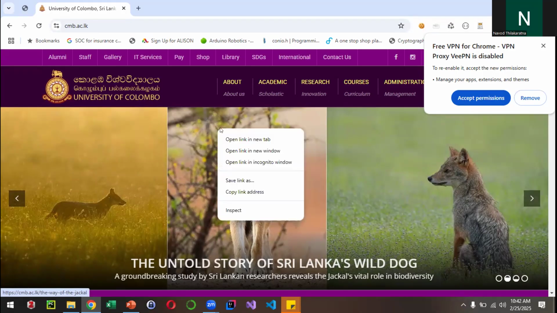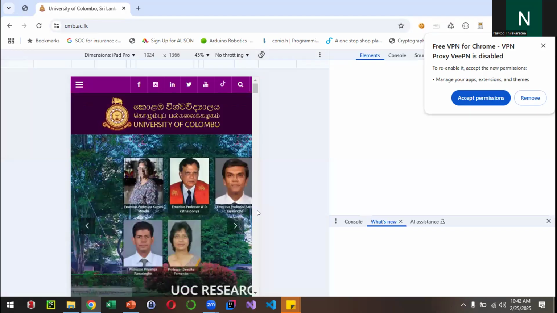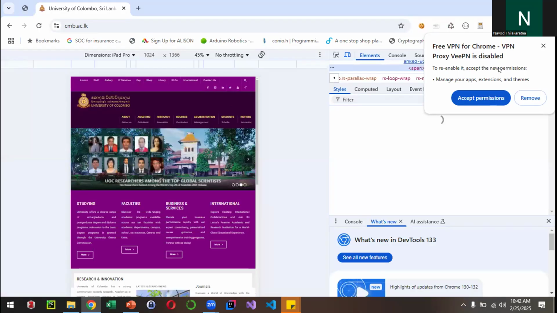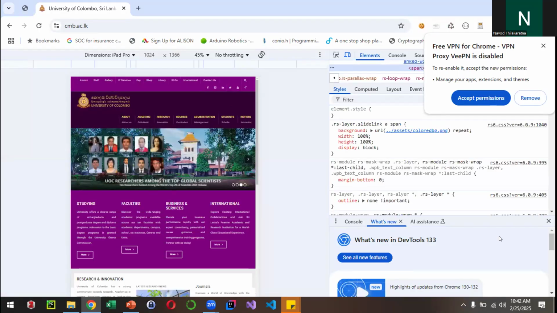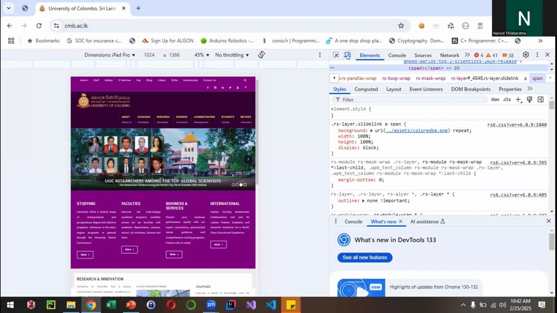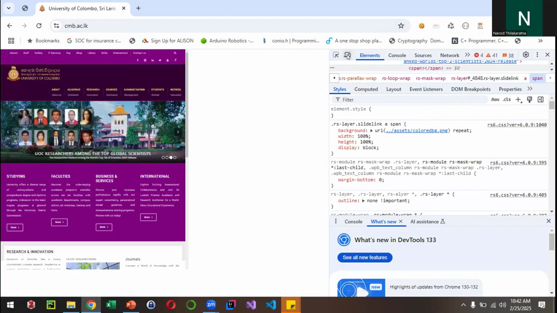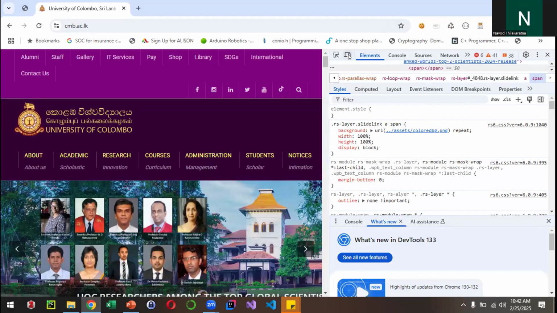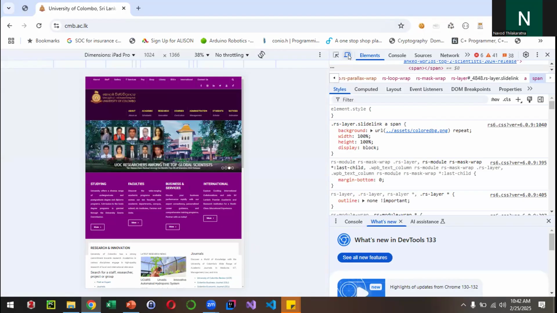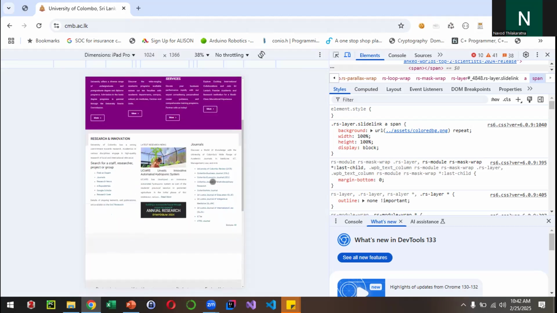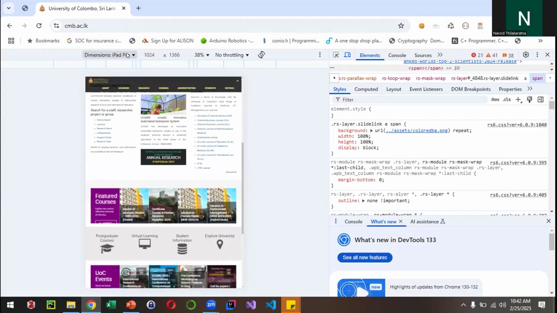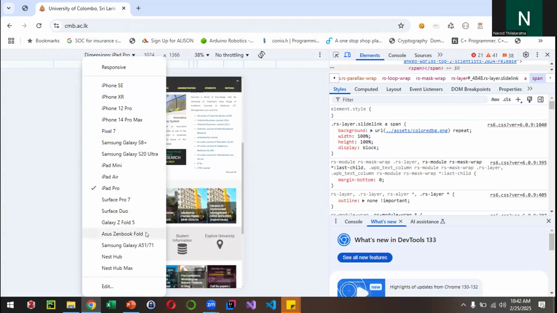So you have the web page here, go to inspect element. Right. So you can see here some kind of icon, like desktop and mobile, right? If you click here, you can change the device that you want to see. If we look at the website on an iPad, or an iPad Pro, you can see with this resolution, this is how it looks. And you have so many devices that you can test,